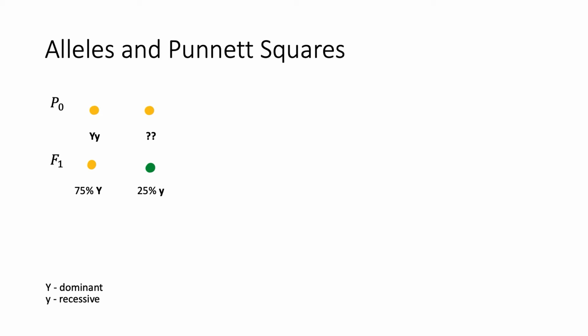Well, first of all, we know that at least one of the alleles in this other pea is yellow, because yellow is dominant and the phenotype of this pea is yellow. So we could say that the genotype is uppercase Y question mark. It's important to denote uppercase and lowercase in situations like this.